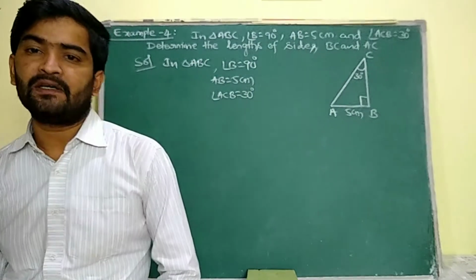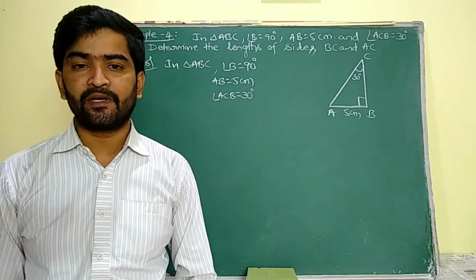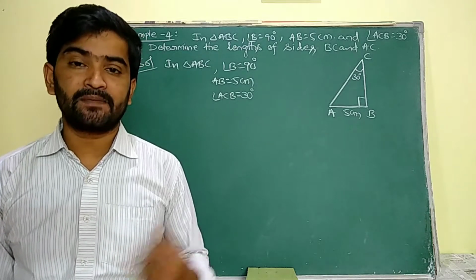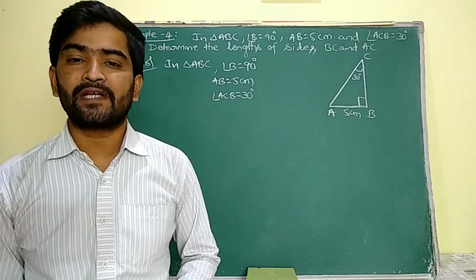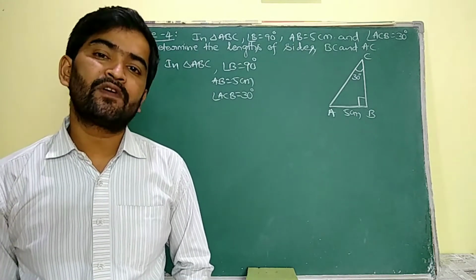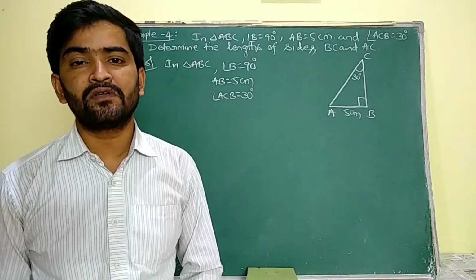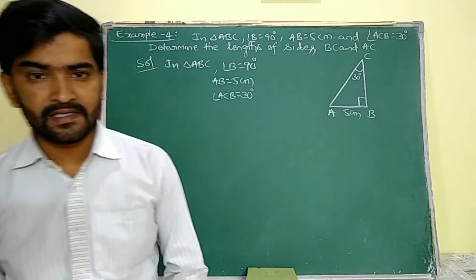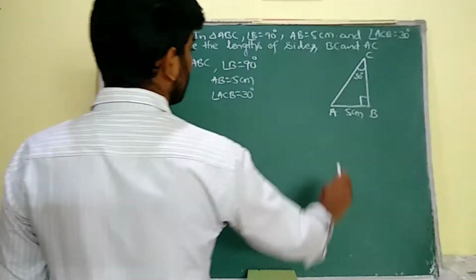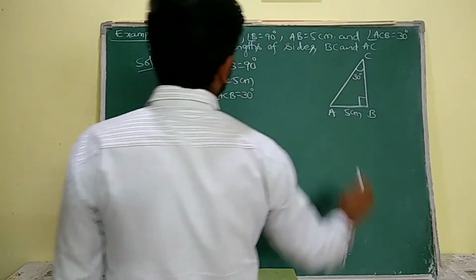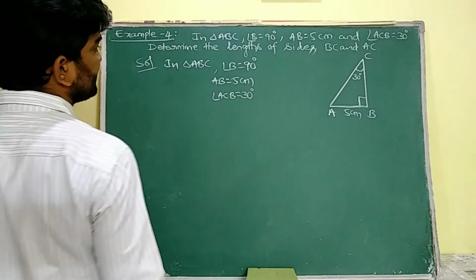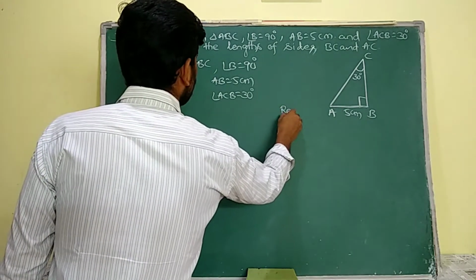One thing you have to remember every time while solving the problems of trigonometry: if we know any two values of the given triangle except that 90, that means two sides, or one side and one angle, or two angles, then definitely we will find the rest of all the values related to the given triangle. See, in this triangle, I have to check whether I am having two values or not. Yes, I am having AB one side and the angle C 30 degrees. Here, firstly I want to find BC, that is the required side